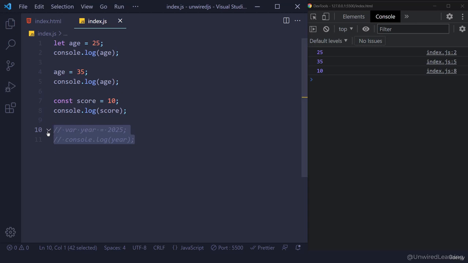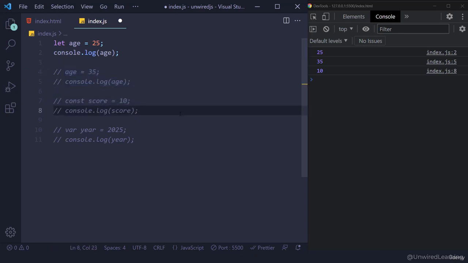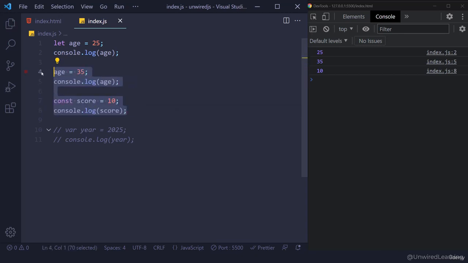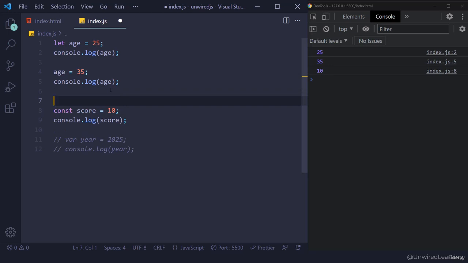So whenever we want to write some comments, or whenever we just want to hide some code, we can use this comment part. There is a shortcut. You can select both of them, or you can select whatever you want to change into comment. Just select them, use Ctrl and slash, and this will be converted into comment. Let me redo this. And I have my code back. So comments are important. We can add some text. So here I can say constant example, and I can use Ctrl slash, and this is a comment